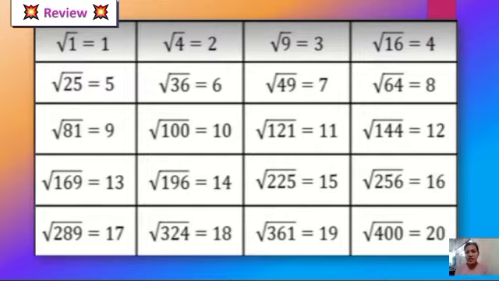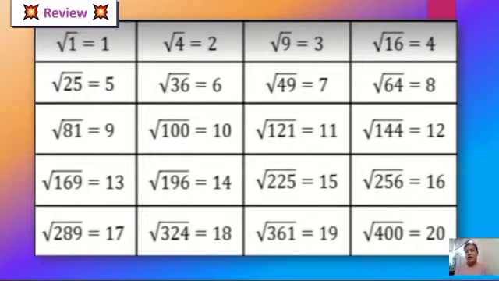While the integers outside are what we call the principal root, meaning they are the numbers that when you multiply to itself is equal to the radicand. So 1 times 1 is 1, 5 times 5 is 25, 9 times 9 is 81. So 6 times 6 is 36. We will be using this table later